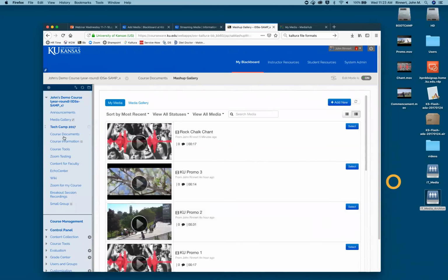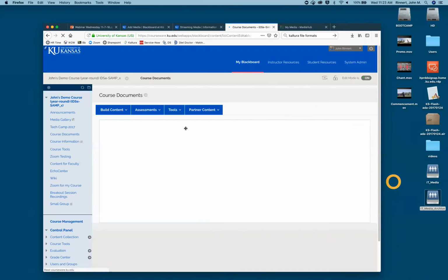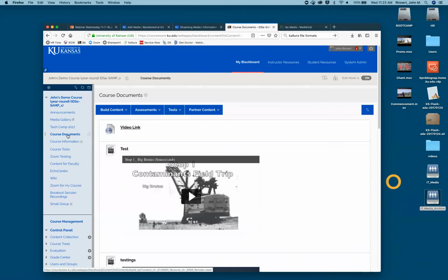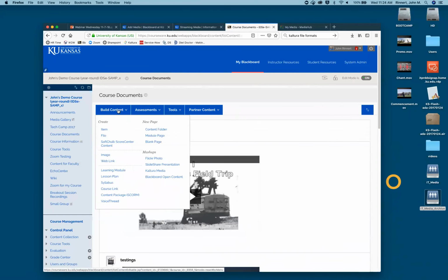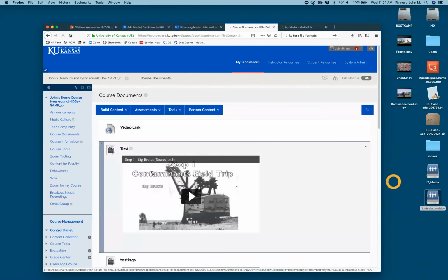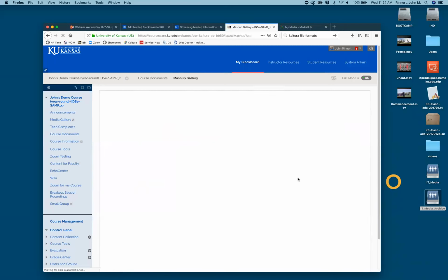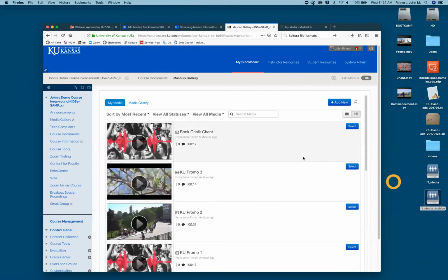Sure, I'd be happy to show that. So if I go to any content area in Blackboard, and what we call content areas, and I'm a Blackboard user a lot, and I do know my way around, but I might not use the terminology right always. Any place where you can add documents, and I'm going to go to the course documents. I think that's a built-in. From the main menu, if you go to build content, and then Kaltura Media. So it's on this second tab. But you can see I have access now.